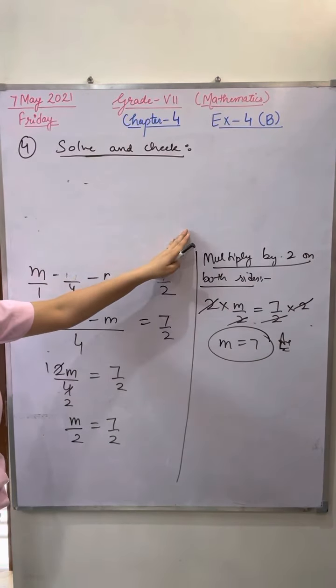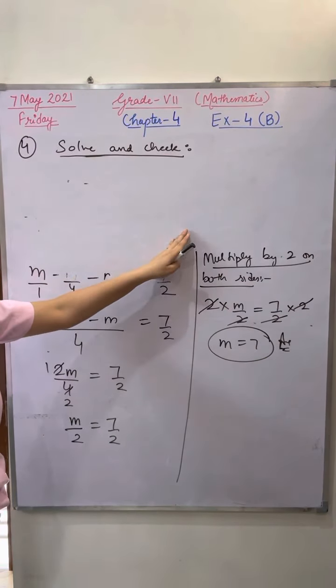Now see, first of all, open the bracket. 3 multiplied by n, that is 3n, minus 3 multiplied by 1, that is 3, is equals to 2n minus 11. So I told you one rule: constants are always shifted to the right hand side and variables always shift to the left hand side. You can apply these two transposition methods one by one, or in one step only. Both are absolutely correct.